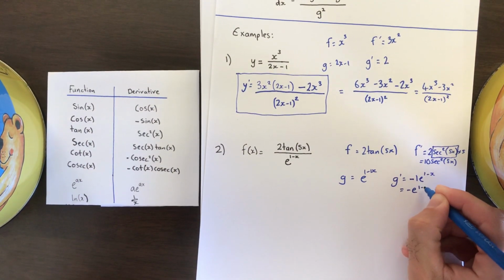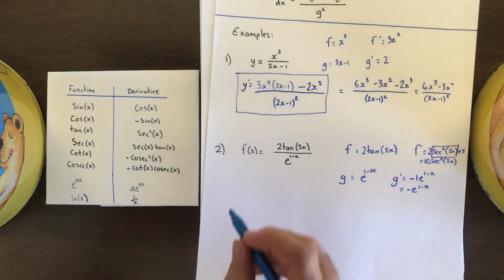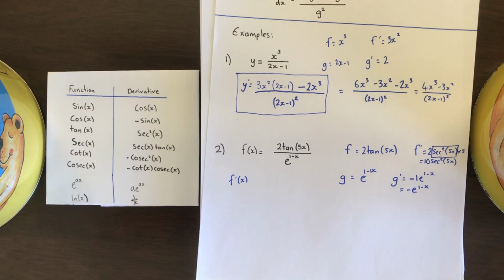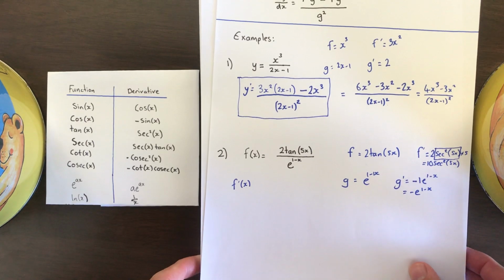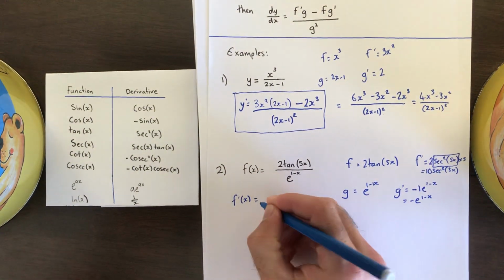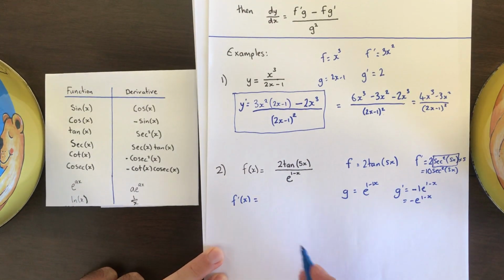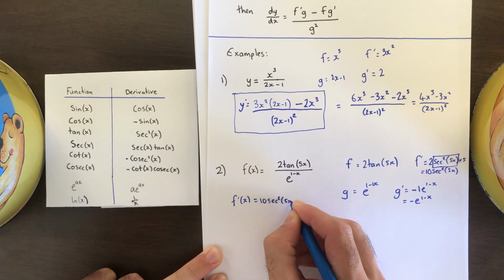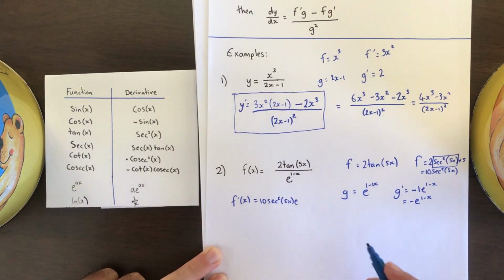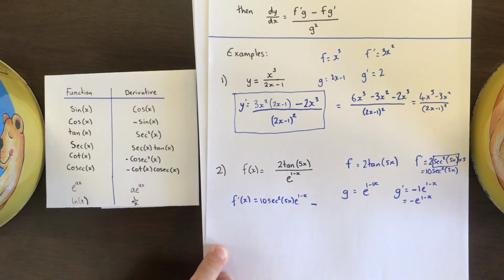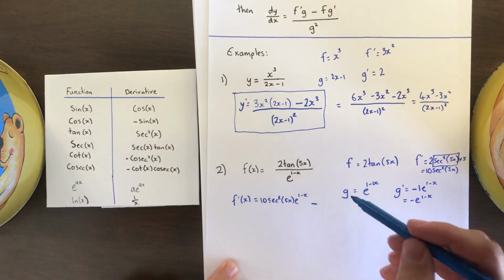Okay. Put it all into our formula. So f dash of x, I can't quite see the formula still, I'll pull this down a little bit. Alright, so we have f dash g, 2 sec squared of 5x times by g, which was e to the 1 minus x, minus, kind of come down on an angle here,